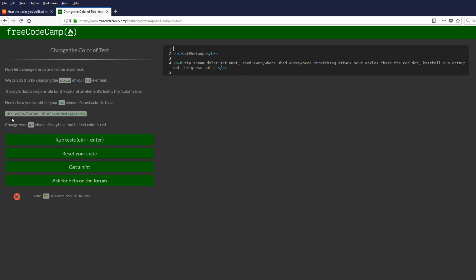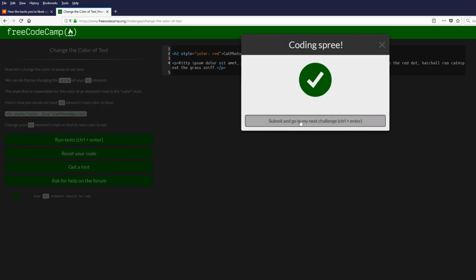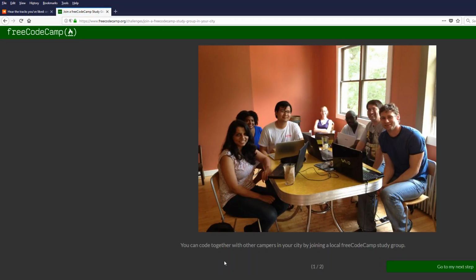A quick way you can do it is just copy this here, copy, paste. Except that's not going to work because it's the wrong color. So after you do that, you want to put the right color in so it would work. And that's one of the, what step are we on? What step are we on now? We're on the